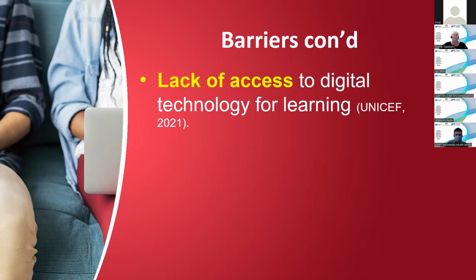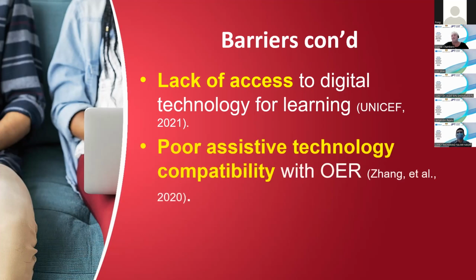We have the same situation in Australia, where children living in poverty don't have access to the internet at home. They don't have access to technology that they can use to study. Okay. Another thing we need to consider is assistive technology compatibility. If I'm putting together materials, they have to be able to be read by a screen reader, and particularly PDF documents are really difficult in this respect. We're going to talk about that further in a moment.